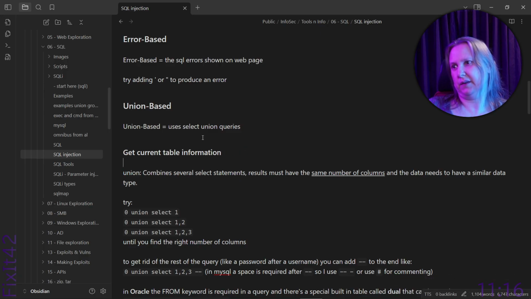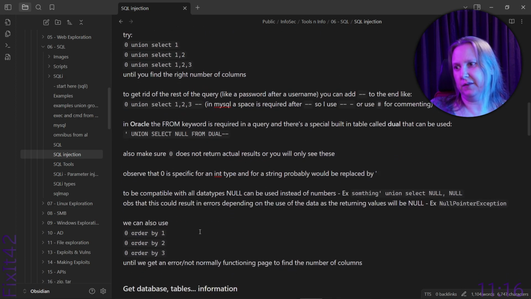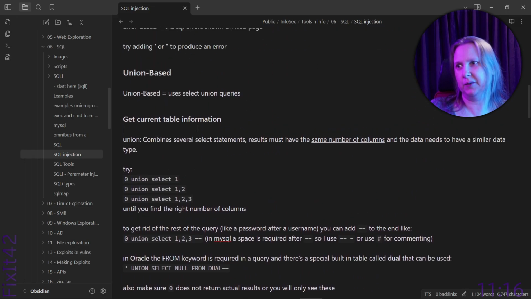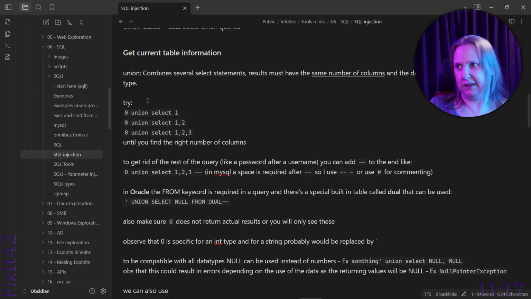So there, and then we get like from the database other information. First we need to know where we are at. So since the union requires the same number of columns, first we need the columns. So actually let's get